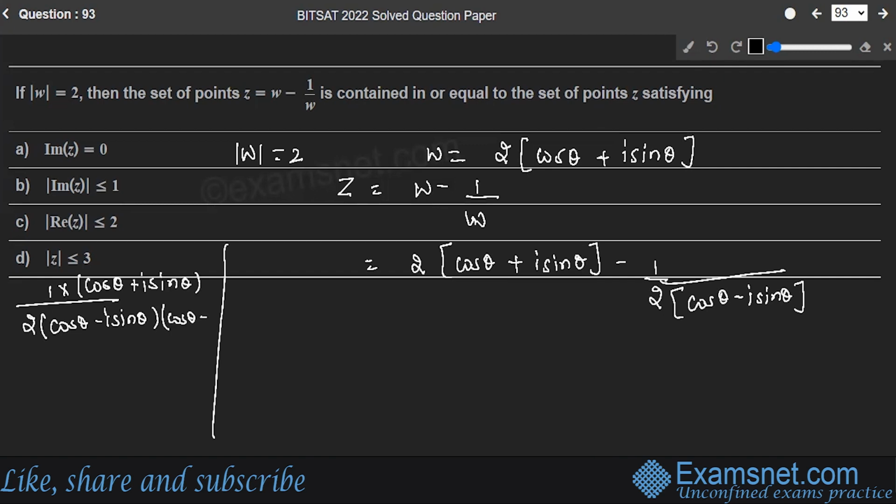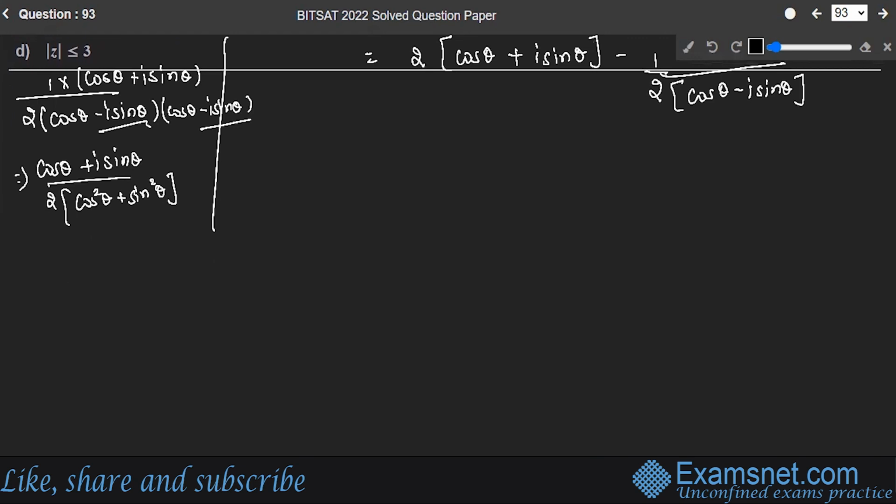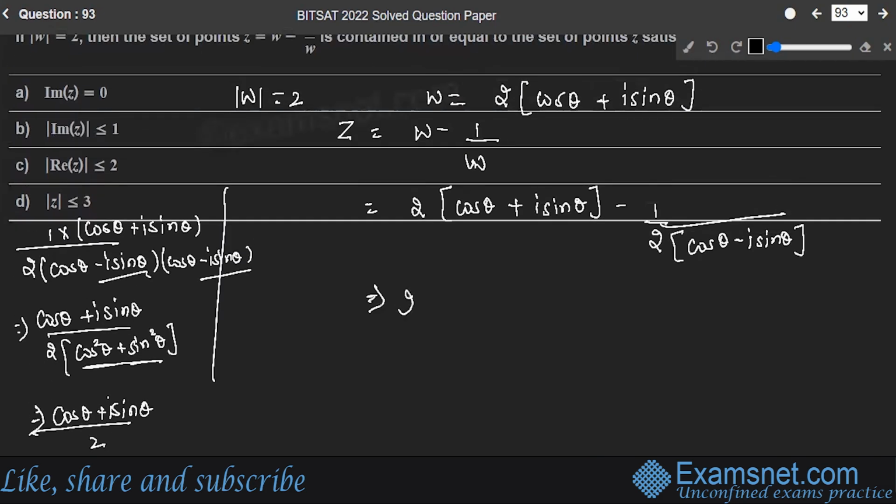And here will be cos theta minus iota sine theta. This is equal to cos theta plus iota sine theta upon 2. This is cos square theta plus, because iota square is equal to minus 1, so cos square theta plus iota square minus iota square sine square theta. Iota square is equal to minus 1, so this will be cos square theta plus sine square theta, and you know this is equal to 1. So this gives me cos theta plus iota sine theta upon 2 into 1. That is 2. So this whole expression now becomes 2 cos theta plus iota sine theta minus 1 by 2